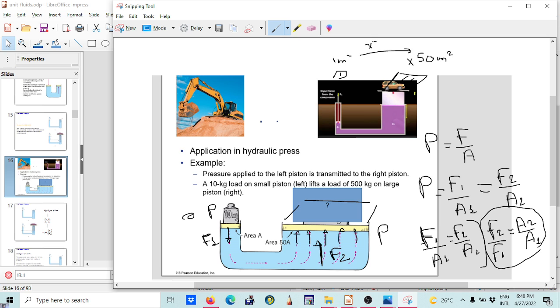The area is multiplied by 50, so the weight that you are going to be able to lift is also multiplied by 50. So for example, if you have 10 kilograms here, you're going to be able to lift 500 kilograms. So that's the principle of many machines. They are using hydraulic presses, and that's because of Pascal's principle. So a little force here will mean a very high force there. And we have seen that in